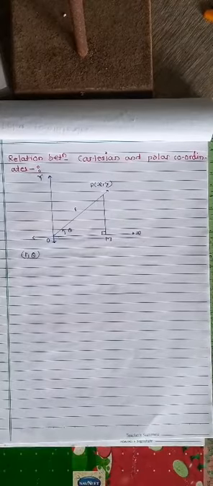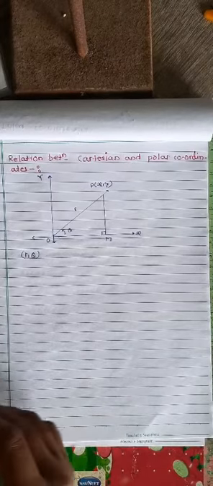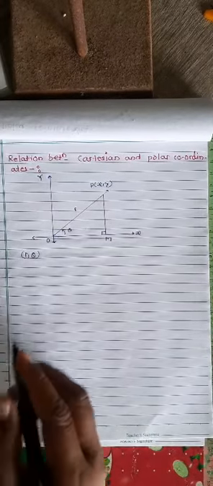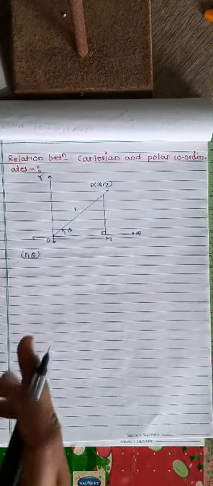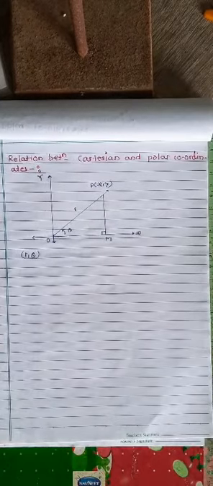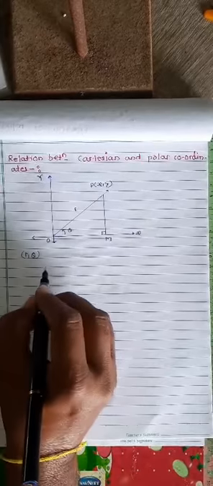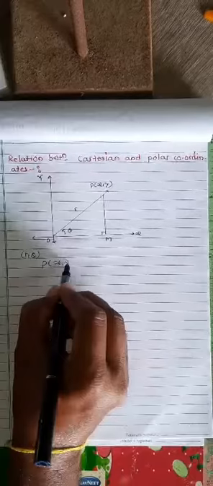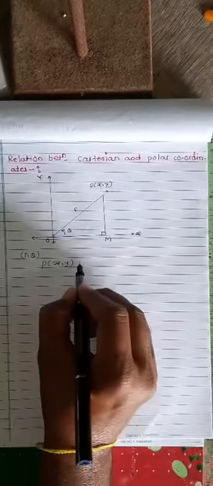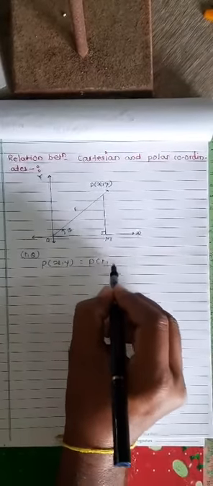Now the initial ray OX is the x-axis, and perpendicular to it we take the y-axis through the origin, and OY is the y-axis. Now we take the point P, which has the coordinates x, y in the xy plane. In terms of the polar coordinates we write P as R and theta.